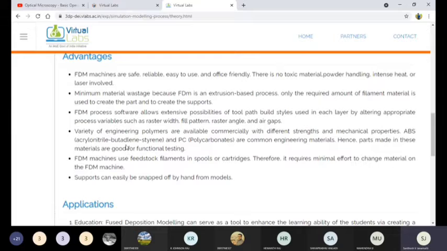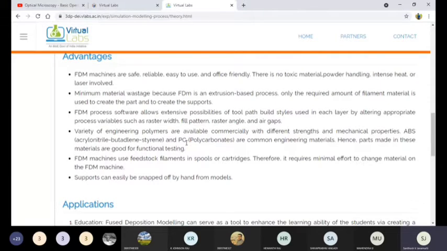A variety of engineering polymers are available commercially with different strength and mechanical properties. ABS, acrylonitrile butadiene styrene. As I told you in the beginning classes, ABS is one of the most common commercial polymer materials which we can use to produce engineering components. And polycarbonate is also one of the most common polymer materials we can successfully use to produce engineering components.